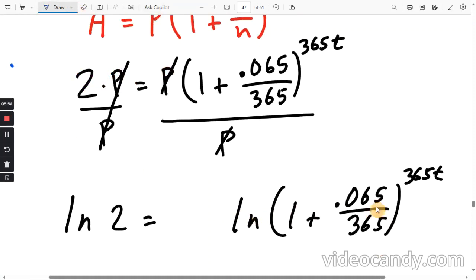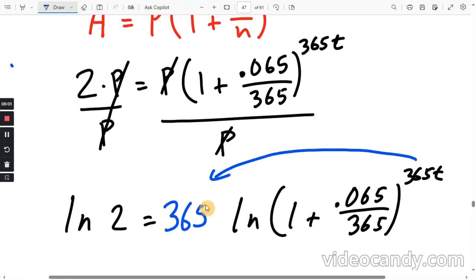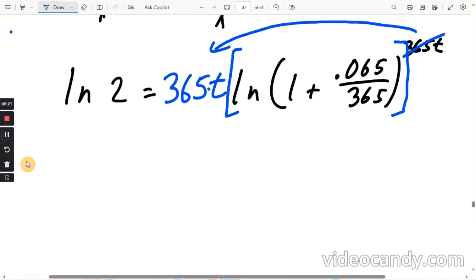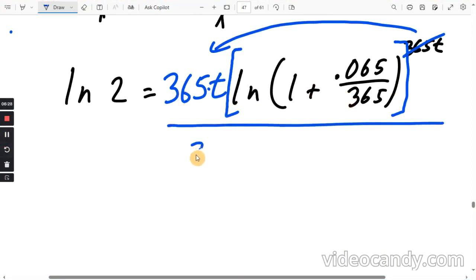All right, when you have the log of something with an exponent, you can take that exponent and move it to the front, so that is 365t. Okay, and that is times this whole thing right here. All right, so this is 365 times t times this. So we're in business. Solving for t, we're just going to divide by all that. Okay, so we're going to divide by the 365